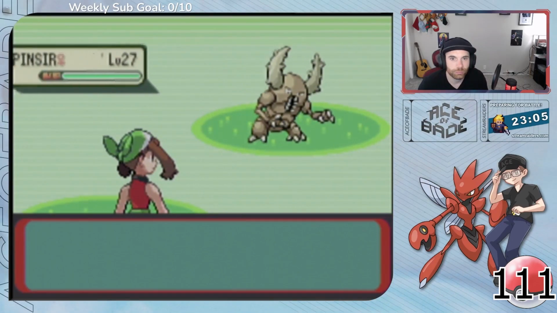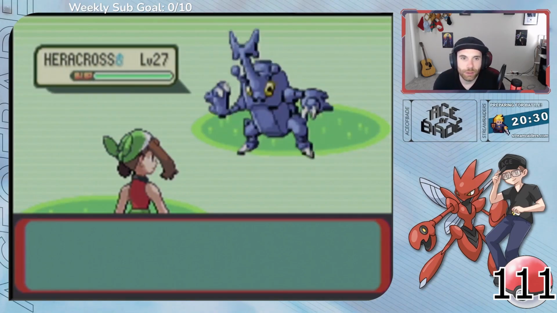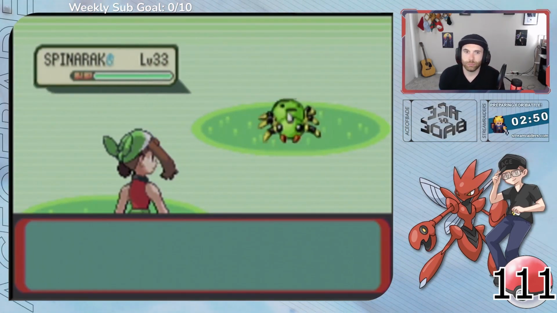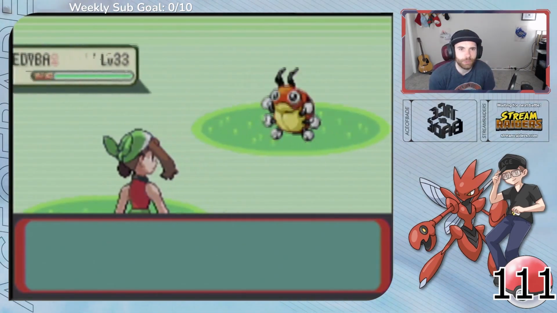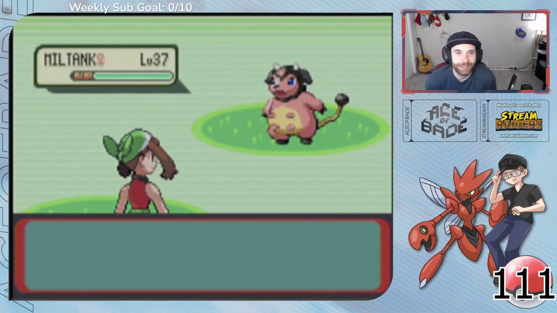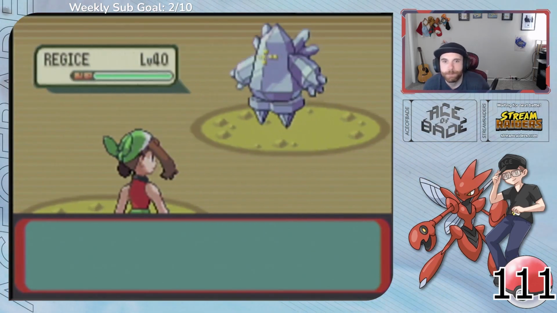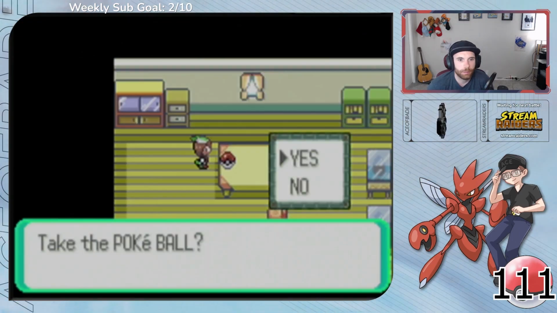Dodrio, 1 Pinsir, 2 Phanpy, 1 Zaytu, 1 very evasive Heracross, 2 Hoot, 1 Stantler, 3 Mareep, 2 Sunkern, 2 Spinarak, 2 Snubbull, 1 Apalm, 1 Gligar, 2 Leddyba, 2 Houndour, 2 Pineco, 2 Teddiursa, 1 Miltank, 1 Shuckle, 1 Registeel, 1 Regirock, and 1 Regice in their respective caves, 1 Kyogre, 1 Groudon in their respective caves, receive a